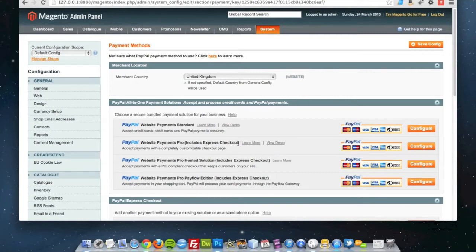What it'll also allow you to do is check out with credit card and debit card on the checkout process without going to PayPal secure server, so you complete all your payments on the site. If you do enable Payments Pro, however, you must have an SSL certificate to make sure that your transactions are secure. So to start with, you go to Configure,